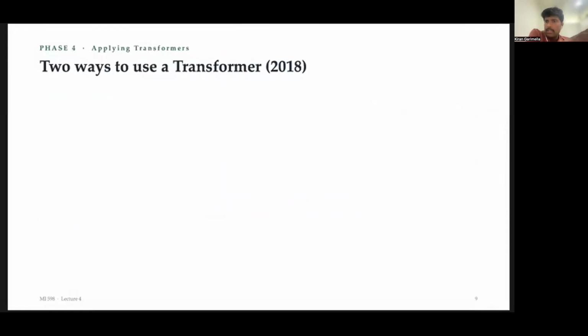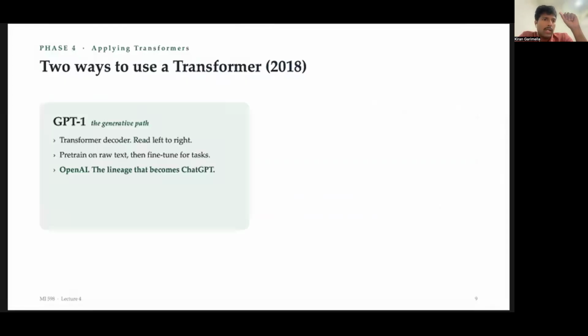Okay, so then in 2017 the transformer paper came out, and in 2018 people started experimenting with it in a bunch of different things, and we'll see a couple of examples of applying transformers. The first one is GPT-1 and GPT-1 style works. A transformer, again, is very technical, but there's an encoder, a decoder, and you train each of them. There are attention layers, a bunch of things like that.